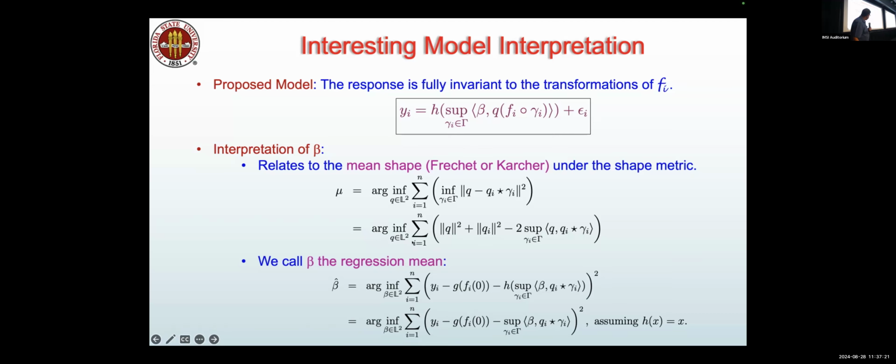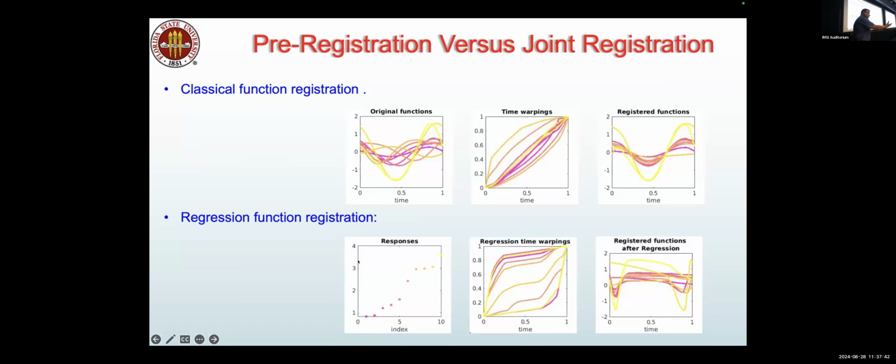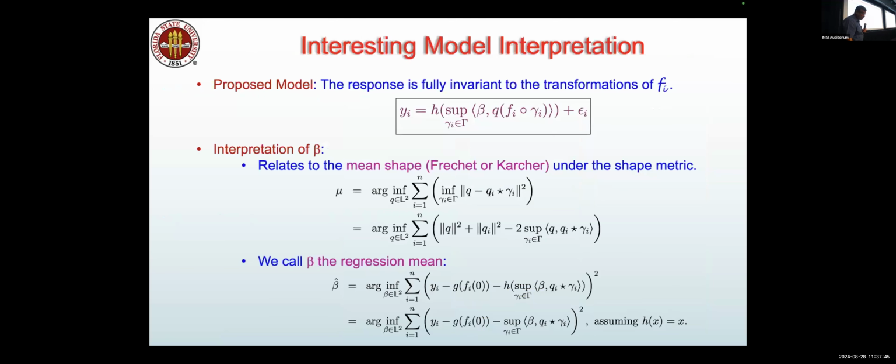In the same way, this beta, that regression parameter, turns out to be some kind of an optimization, a similar optimization, where this supremum, this registration problem, was inserted in this manner here, and it also shows up in this manner here. So instead of pre-registering and having a mean shape beforehand, this beta turns out to be some kind of a regression mean. It's a mean of those shapes which is helping you best predict the response yi that we are interested in. So it's a new way of defining the mean of a shape, not just independently among the objects, but in the context of predicting a certain